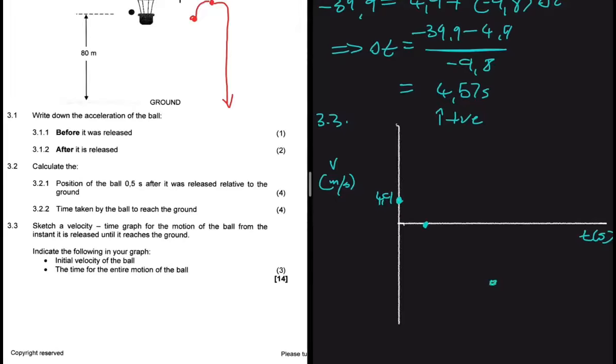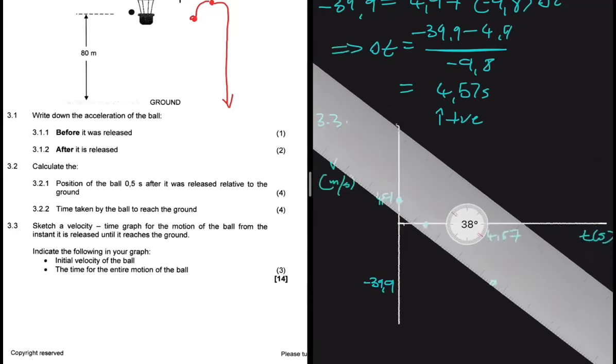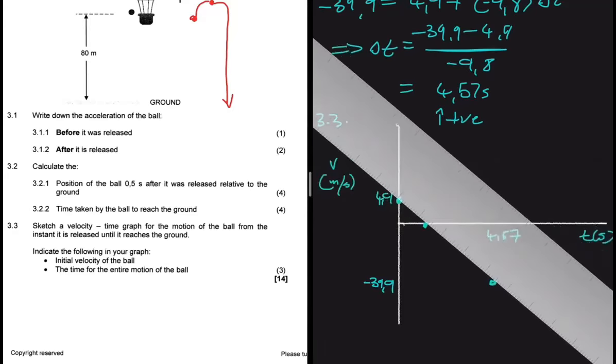We know the velocity at which we hit the ground, that is minus 39.9. So here we're supposed to have minus 39.9. And then the time it takes is 4.57. So we're supposed to have 4.57 there. And then just like that, I think we have essentially solved all our problems. We just have to